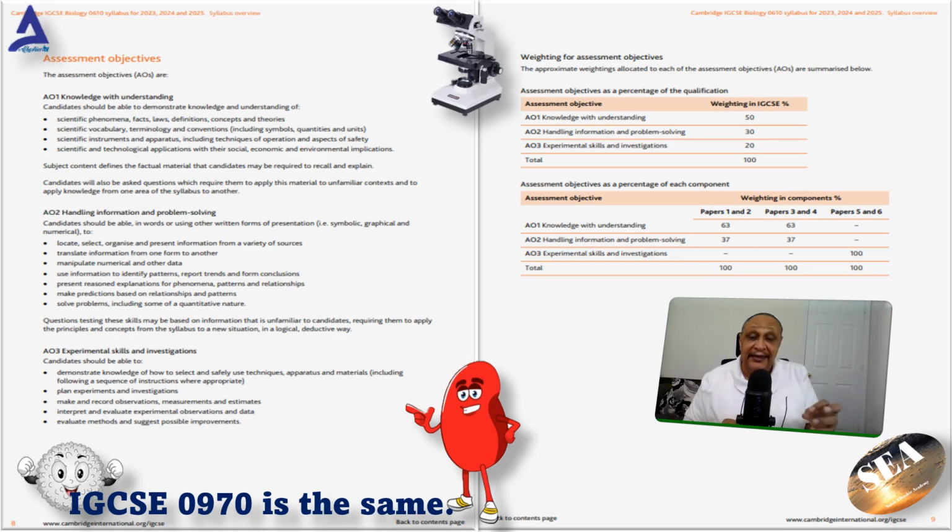So if the question is directed towards assessment objective 1, it is a direct question that asks you directly about knowledge that you know, and information present in your book. If you do not answer this question, that means you do not